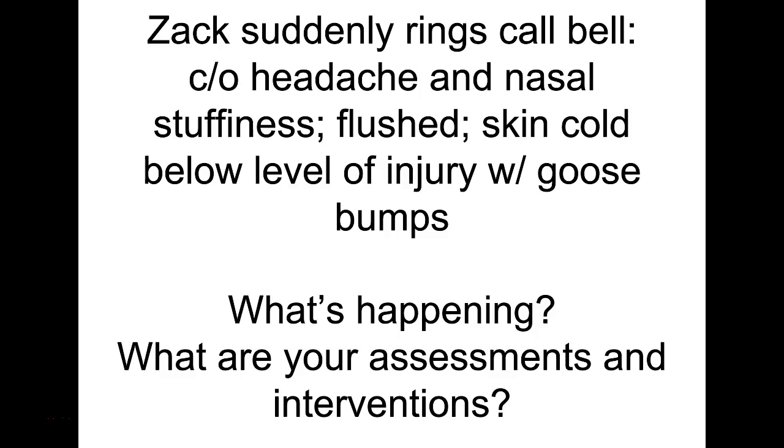So one of the ways that this can be triggered is with an overdistended bladder. These patients don't have bladder sensation, so they have to have a Foley catheter or a suprapubic tube, or maybe they're on intermittent straight caths, and somehow their bladder becomes distended. So the first thing that you want to check in this situation is their bladder. If their tubing is kinked or their catheter needs to be irrigated, then do that and drain that urine out